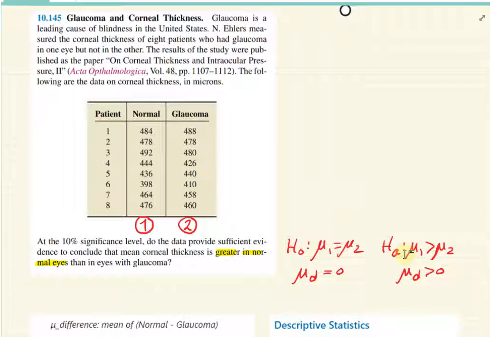Okay, but the sample is very small, folks. Notice, 8 patients. With small samples, it's very difficult to reject the null hypothesis. Very difficult. Whereas if this was a sample based on 10,000 people, he would definitely reject the null hypothesis. But with this small of a sample, I doubt he can.